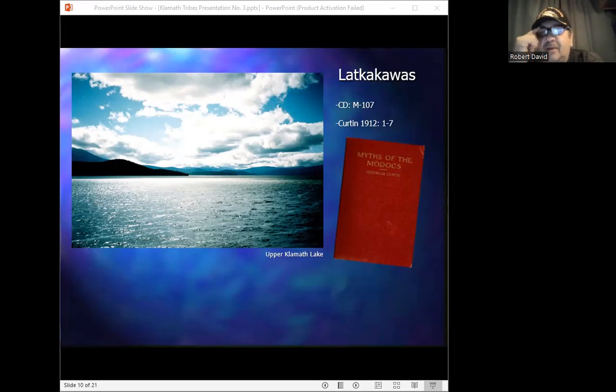So after taking down their lodge, the brothers set out in their canoe, but Lakakawas's blue lover had caught up to them by then, and he was holding the canoe in place from underneath the water, not allowing them to break away from shore. And apparently this struggle went on till about noon, and when he finally did let go, the brothers resumed paddling out toward Ukotwash while the blue young man followed them from underneath the water, keeping pace with the canoe so that he could continue to gaze upon Lakakawas.